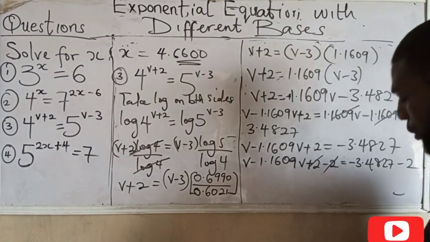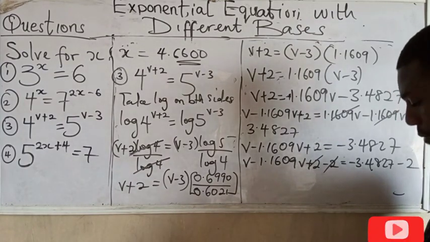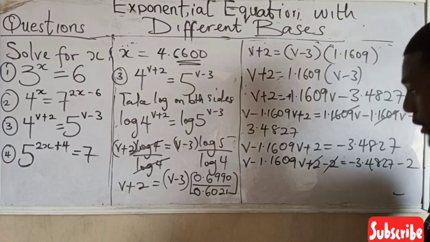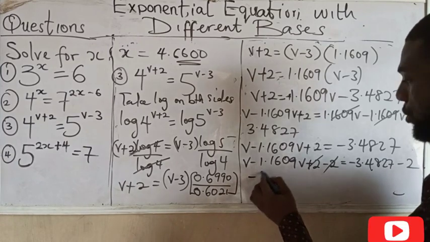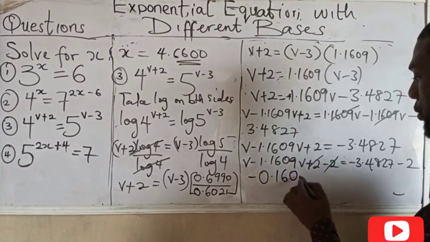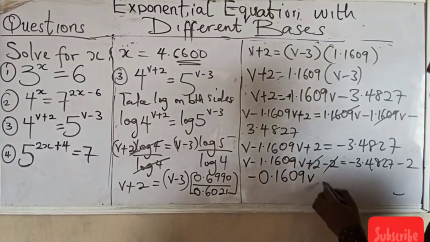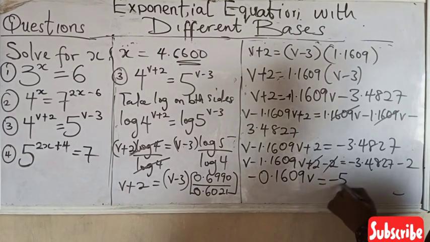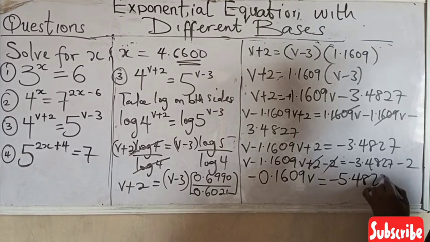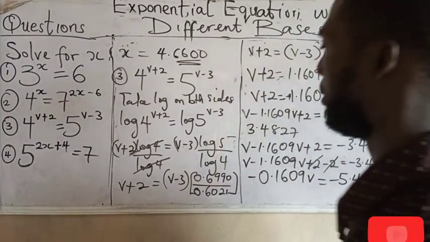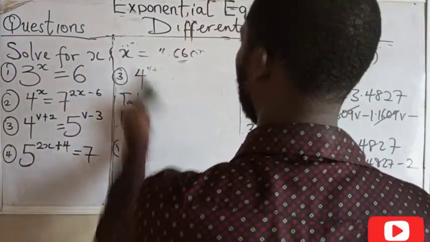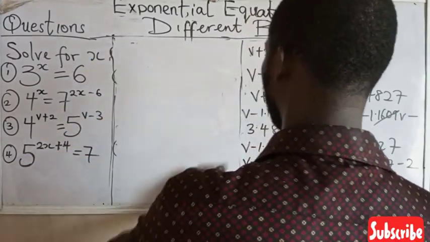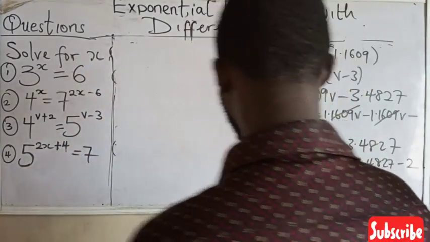So I will now say 1 minus 1.1609. What am I having? I'm having minus 0.1609v equals minus 5.4827. So from here, so we have